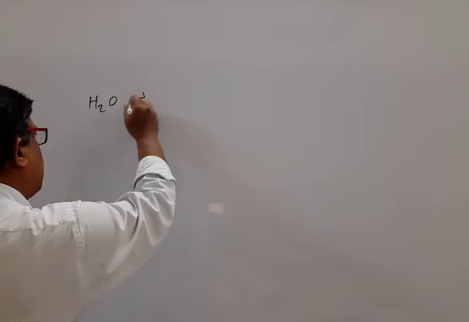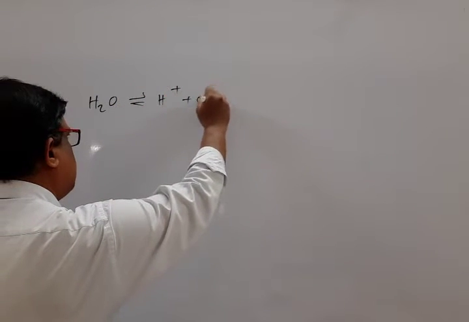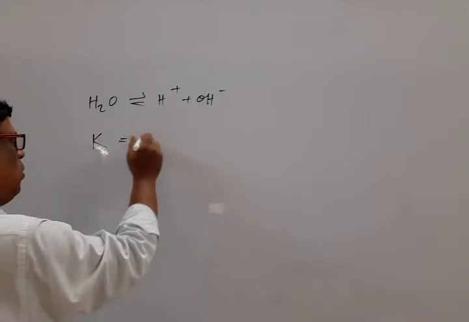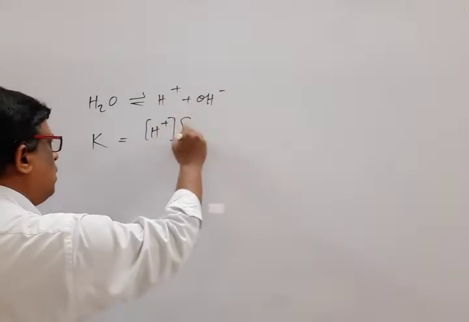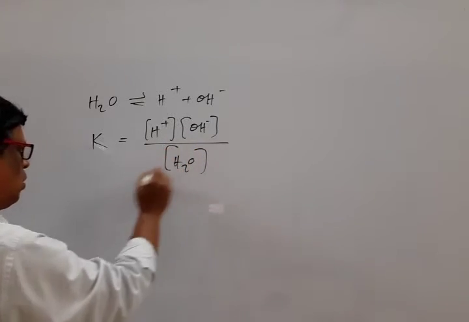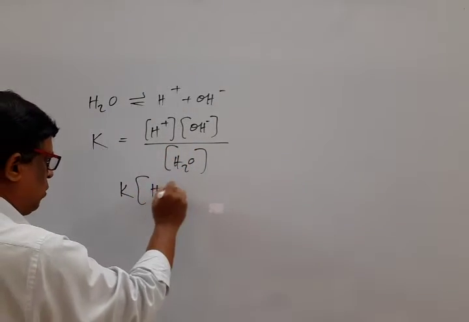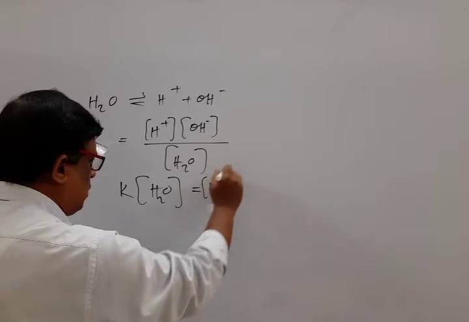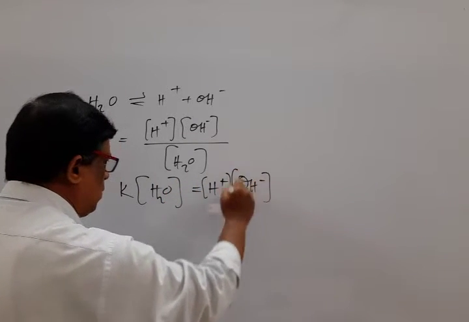That means, what do we mean by ionic product of water? We know water is a weak electrolyte, so it dissociates partially, which is represented as, mark that, H2O reversible sign H plus plus OH minus. Applying law of chemical equilibrium, K is equal to [H+][OH-] into [H2O]. On cross multiplication, K into [H2O] is equal to H plus ion concentration into OH minus ion concentration.